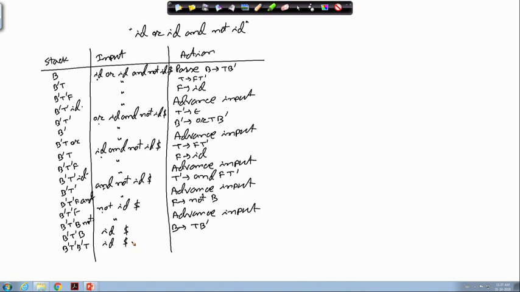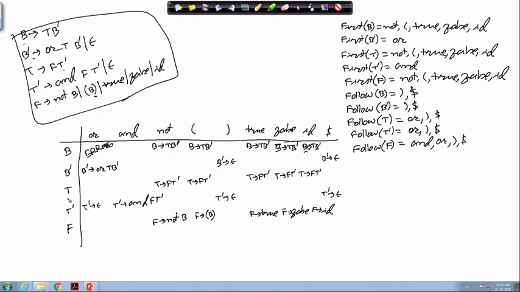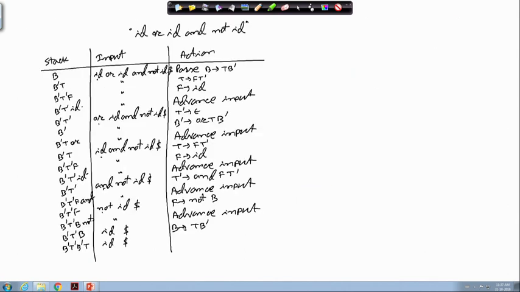Now, T ID, so T ID says go by T producing F T dash. So, if we do that, then the stack content will become something like this.